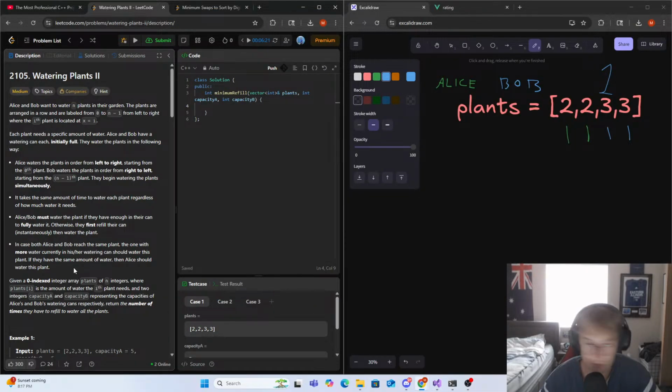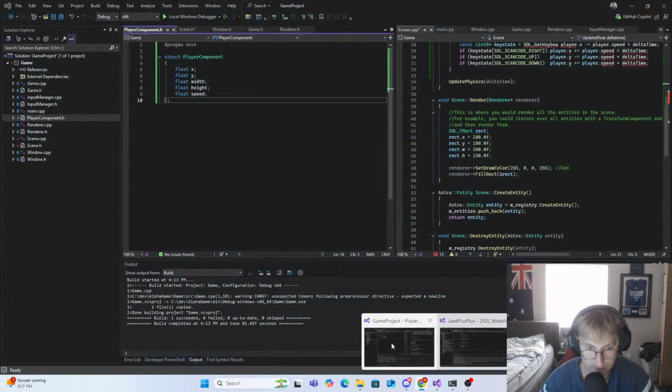So if i is equal to j, in case where both Bob and Alice reach the same plant, the one with more water currently in his or her watering can should water this plant. So, okay. If they have the same amount of water, then Alice should water the plant. Okay, so